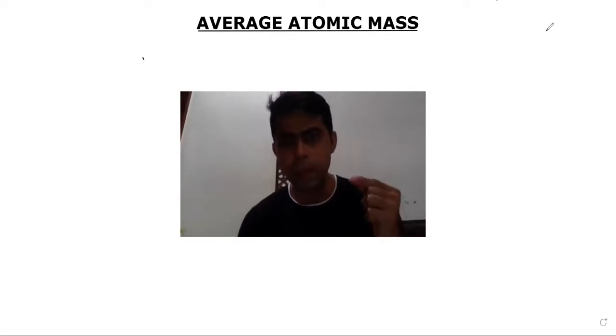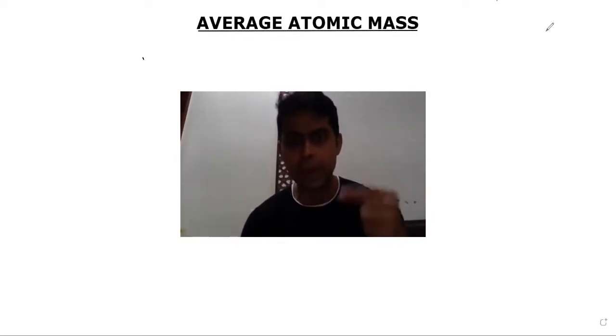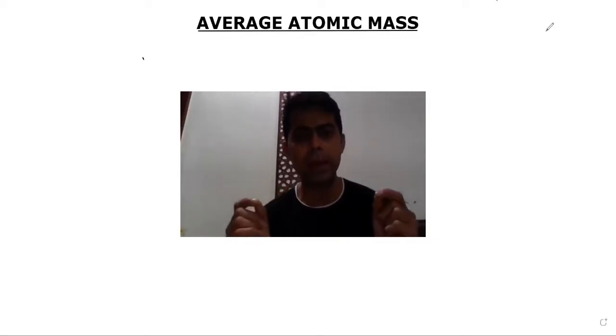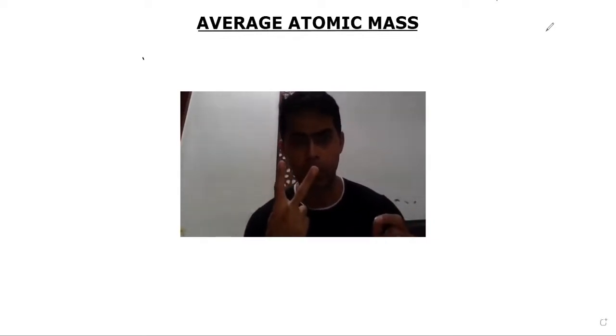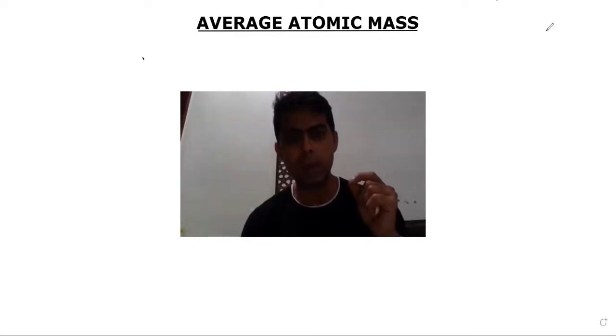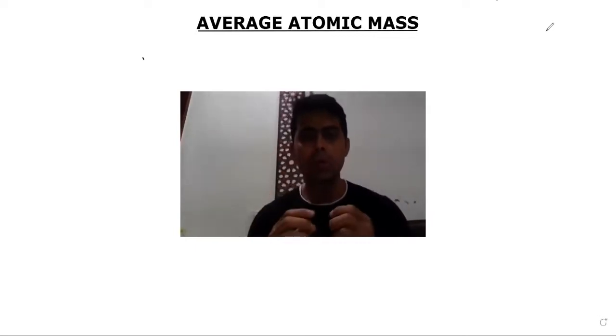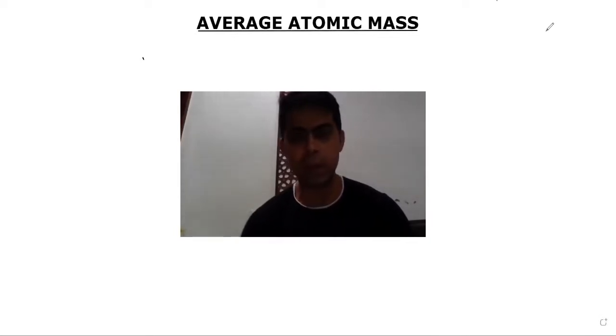So basically, that fraction value used for the atomic mass of chlorine is not the actual atomic mass of chlorine. That is the average atomic mass of the isotopes of chlorine. Now, chlorine being an element can exist in two different forms. One is chlorine with atomic mass 35 and one is chlorine with atomic mass 37. So why do we write down 35.5?